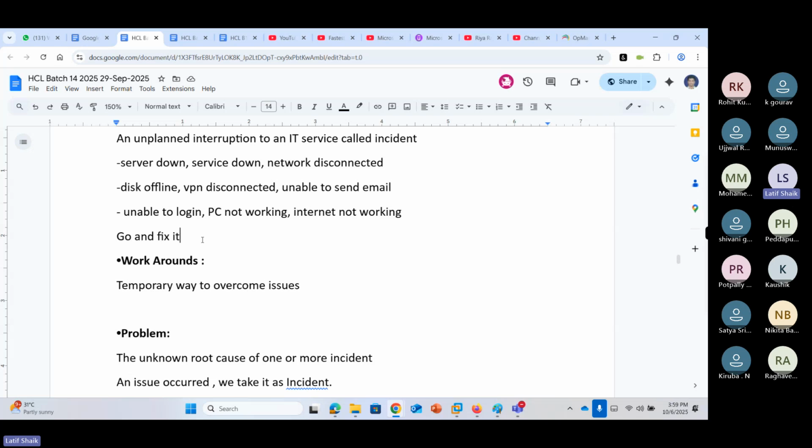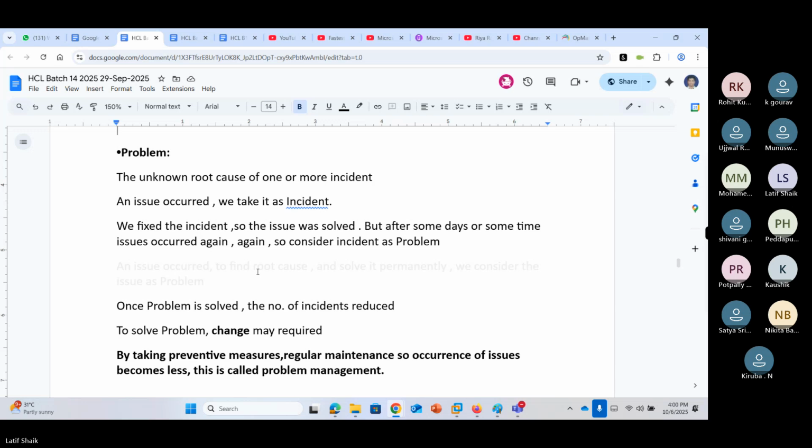We try different types of solutions to overcome the issues. That is called a workaround. Any issue that occurs we consider an incident, then we do workarounds, trying different solutions to overcome the issues as soon as possible. So this is incident management, or incident.